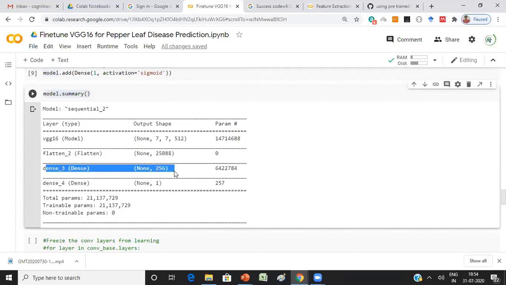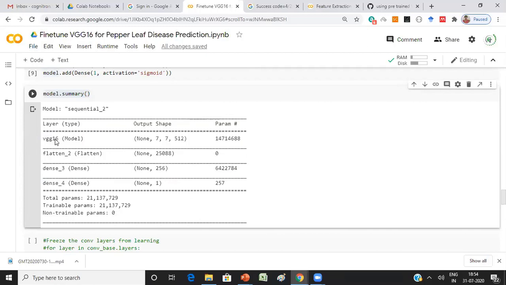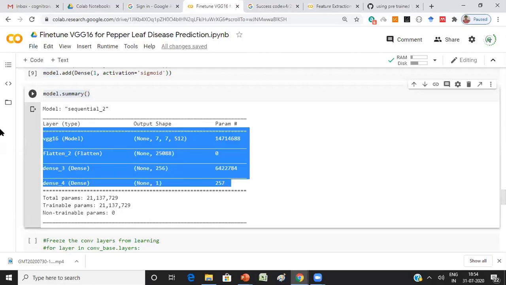Then one dense layer of 256 neurons and another dense layer of 1 neuron. That is what you created. Don't think that this indicates only one single layer. When you observe VGG16, except the final or top dense layers, we have included all the convolution layers from VGG16. So that's how the model is created.